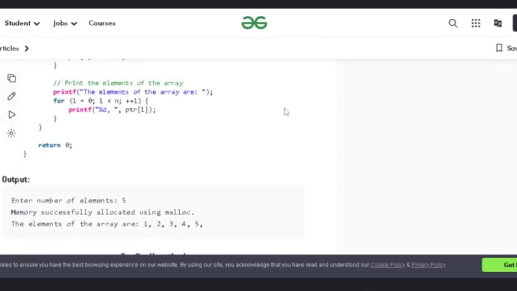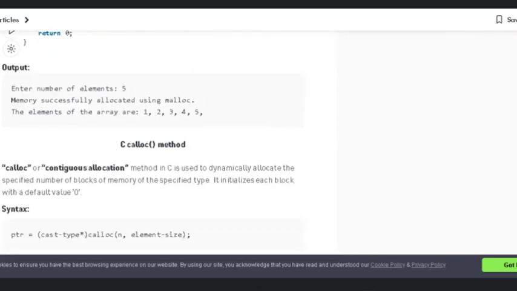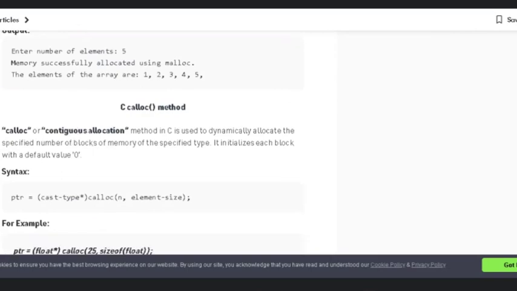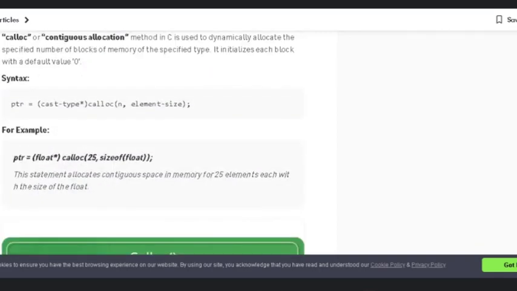You can see after percentage d there is a comma, and that is why 1, comma and then space appears while all the array elements are printed. So that is the use of malloc. It will allocate 20 bytes of memory altogether. One complete block of size 20 bytes will be allocated in this case.